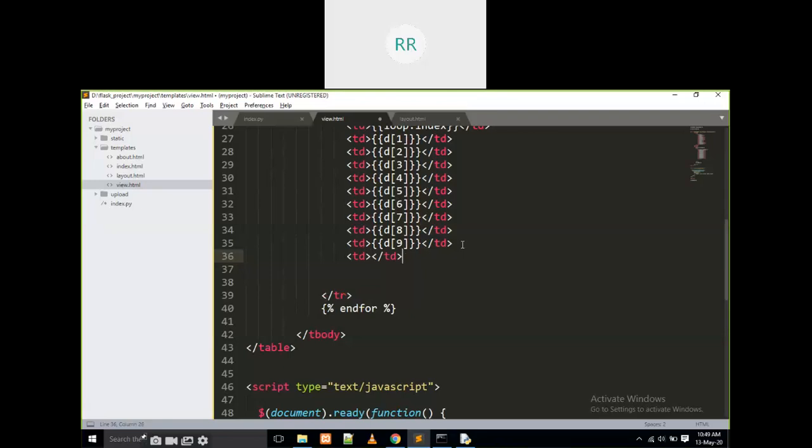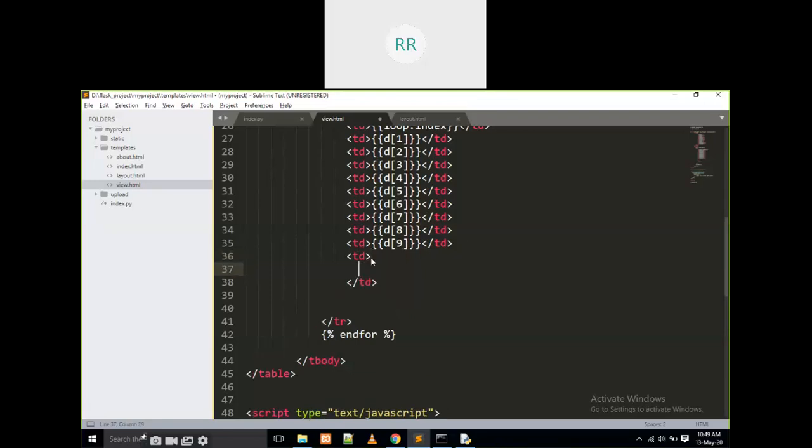We have to write some delete button. How to write some delete button? I am going to write like this: button, sorry, button some delete.